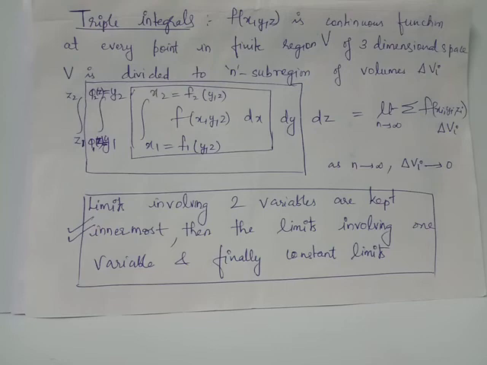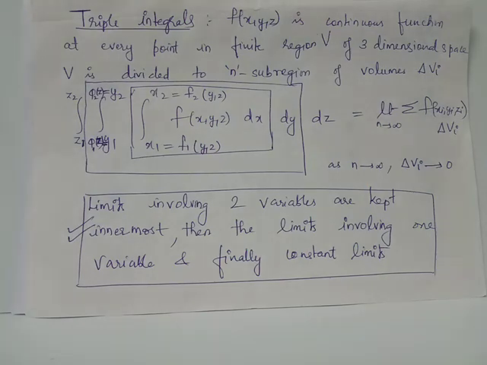Suppose you had y defined as a function of x and z, and the variable x has limits which are functions of z, then you should perform integration with respect to y first and x next. Suppose z has limits which are functions of x and y, y has limits which are functions of z, and x has constant limits, then you will have to perform integration with respect to z first, after that y, and finally integration with respect to x will be carried out because x is assumed to have constant limits.